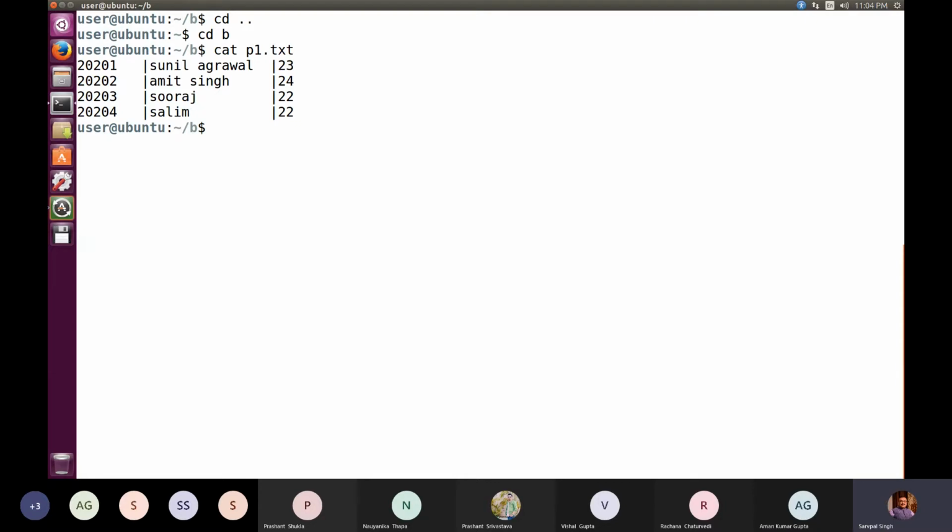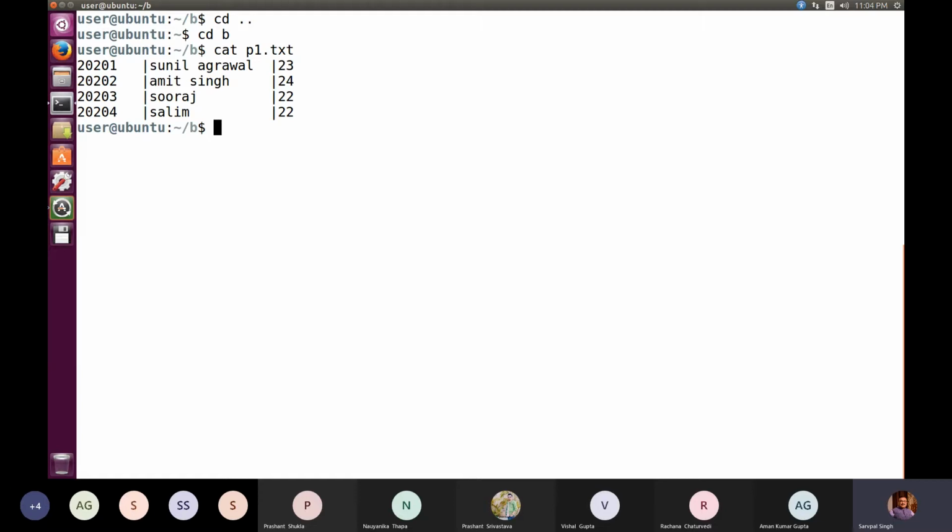I typed the contents using cat greater than p1.txt to create a small file. Using cat with the greater than sign without giving any file name in between indicates that the input comes from the keyboard.